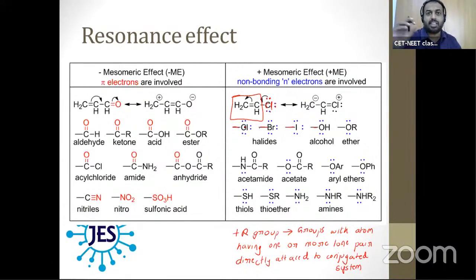These connecting bonds are used to link to the main conjugated system. All those atoms which are directly attached to the conjugated system, if they have one or more lone pair,